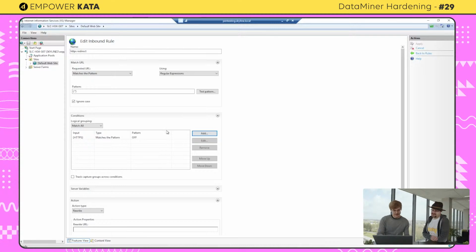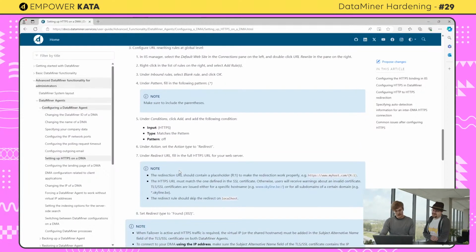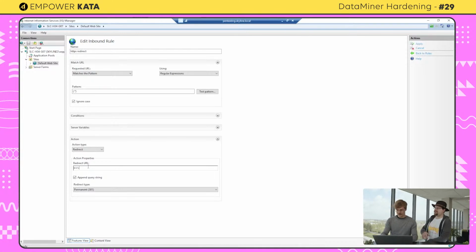Okay. We apply that, and then we still need some action, which will be a redirect action, of course. Yes, that redirects it to the HTTPS version of the same incoming URL. Same URL. So I'll use